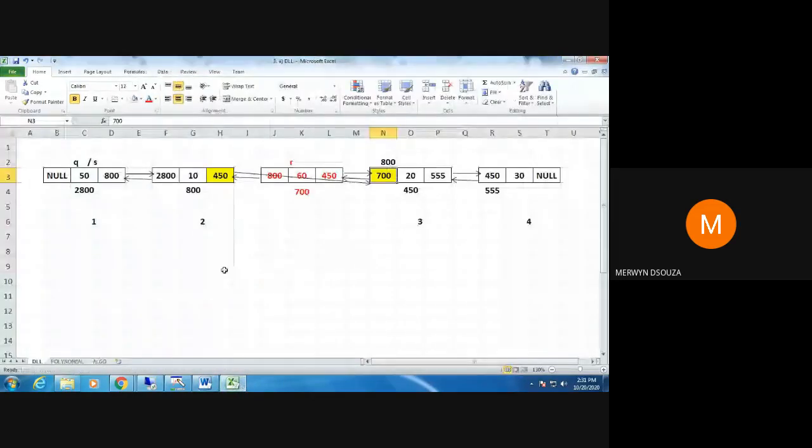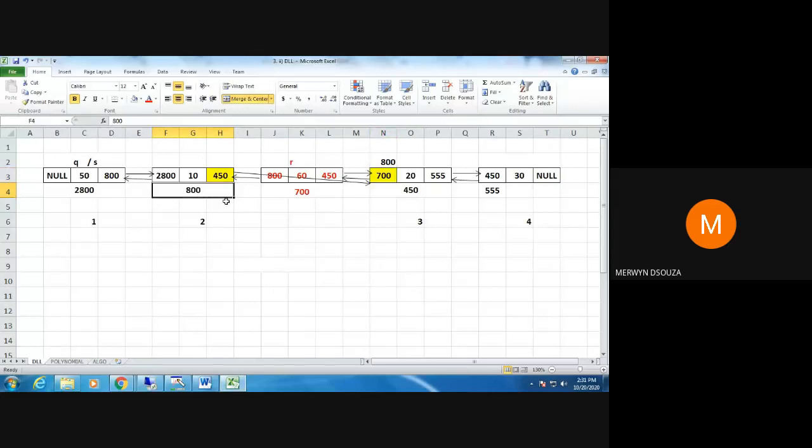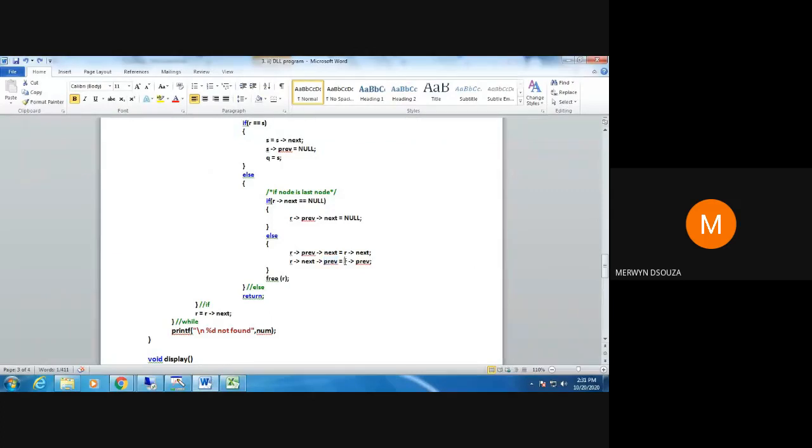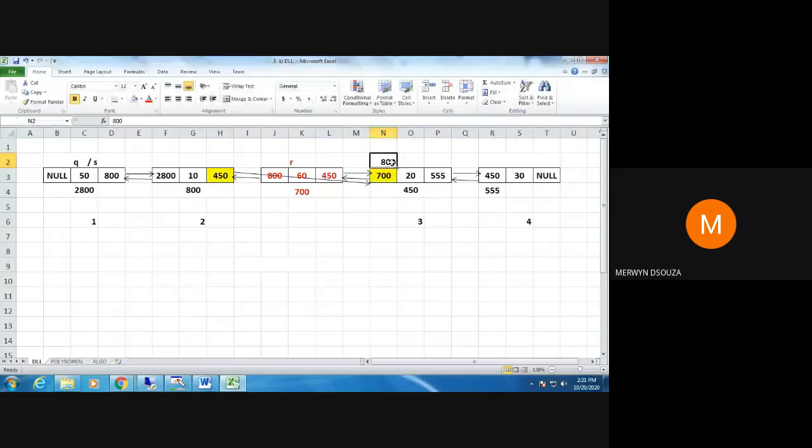The address of this node, 800. This 800 is stored in R arrow previous, so I get that 800 from R arrow previous. That 800 will come here. When it comes here, this link changes and comes to this node.